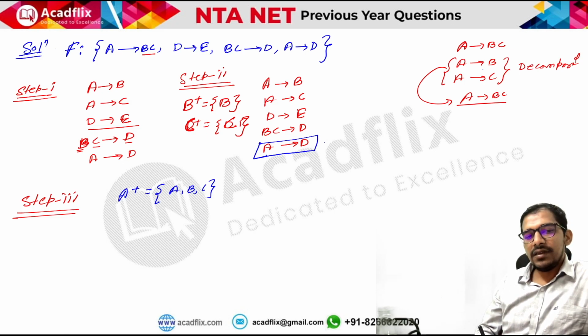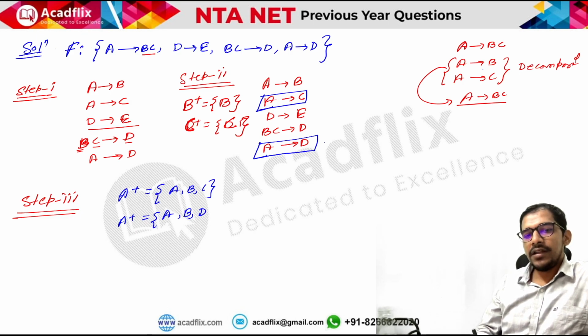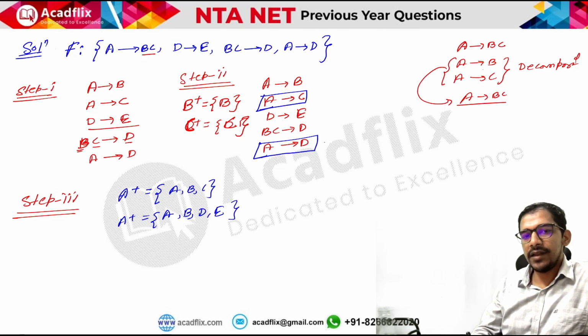Then we will see can we derive it from any other functional dependency. So if we try to remove, let us say A tends to C, we need to check can we derive A tends to C without this functional dependency. So if we remove this functional dependency, then from A closure we will get A tends to B, so we'll get AB, and from A we are getting D, right? And from D we are getting E, so we can get ABDE. From A can we get A tends to C? So we are not getting A tends to C, right?